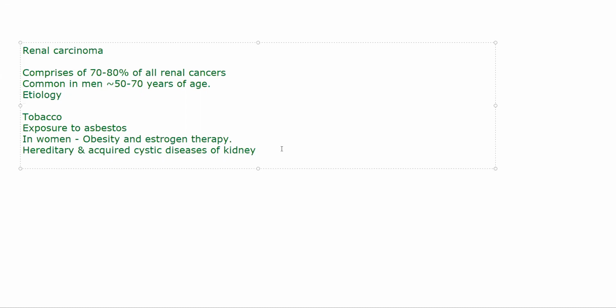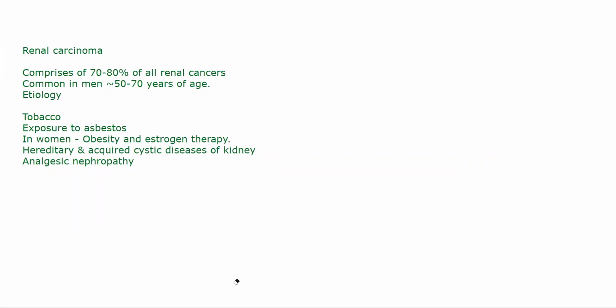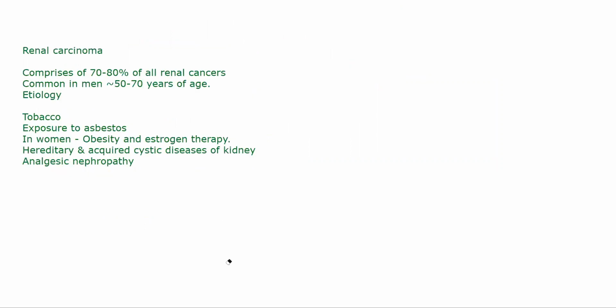Then there can be analgesic nephropathy. Analgesic nephropathy means that let's suppose someone is taking analgesics. Generally, most analgesics have some or other complications for your kidneys. They will damage your kidney, especially if they are getting excreted by your kidneys. In such a condition, the patient will develop nephropathy. So abuse of analgesics can lead to analgesic nephropathy, which ultimately can lead to carcinomas if it is not controlled.